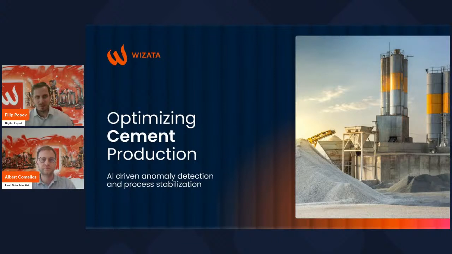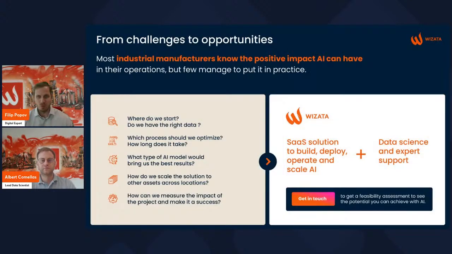So let's start with some of the challenges in the cement industry that open up opportunities for AI integration. At this point, it's clear that AI can significantly improve and optimize production and business processes. On the left side of the presentation, you can see common questions about integrating AI in production. Questions like, where do we start? Of course, this is the crucial point because the data is the foundation of a successful artificial intelligence project. And once you've answered that, the second question will be, what assets should we optimize first?